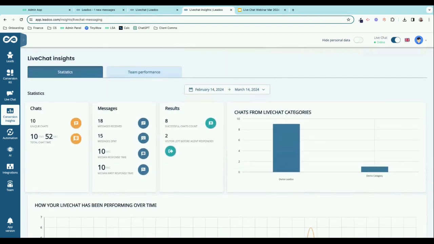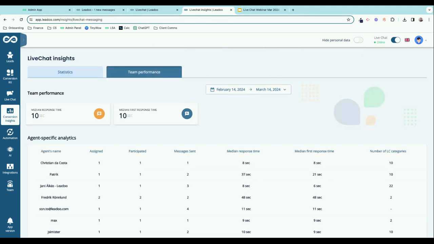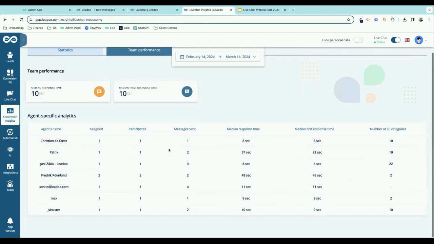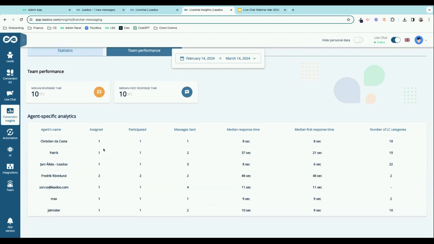So just get an idea of what's been happening with live chat. And if we look over at the team performance tab, we can see a sort of leaderboard, if you like, with how many have been assigned, participated. This is really useful. We might look at Freddie, and he's done 2 chats and how long he's spent on those. So we can get an idea of maybe you're spending too long on those, or not spending long enough, or if there are any queries around why you didn't accept so many chats